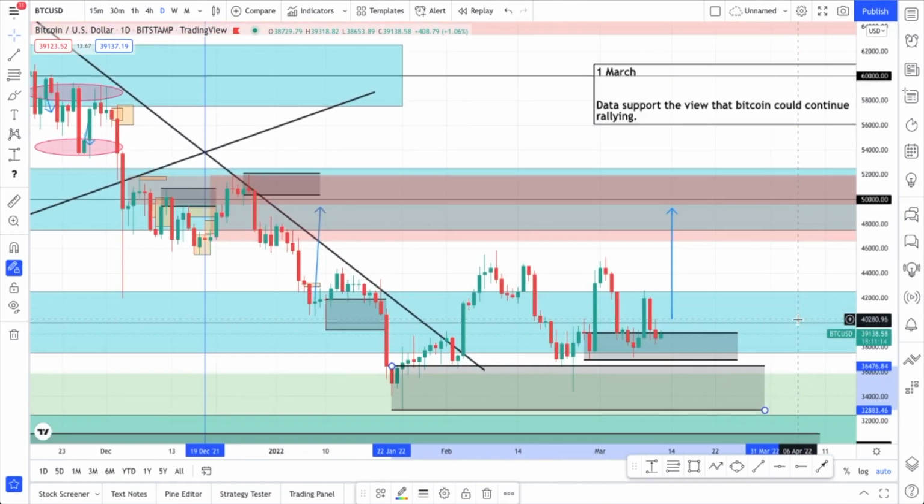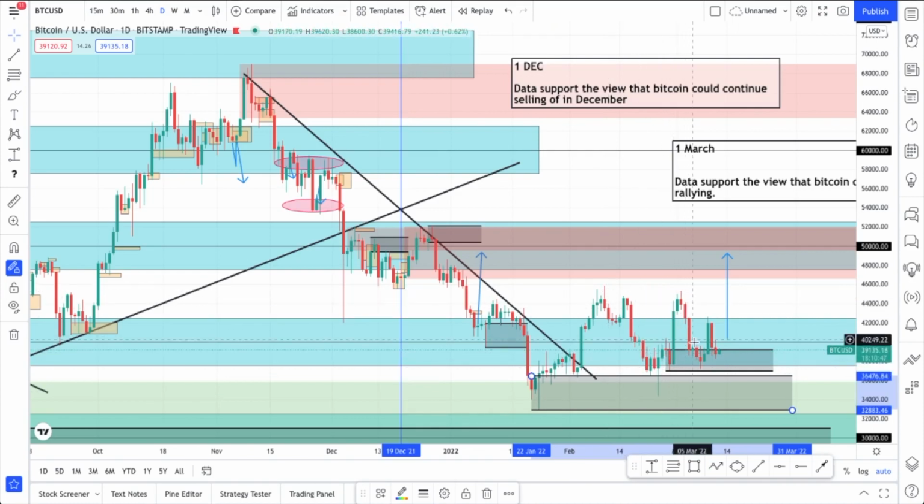However, from my end, I haven't been really looking for entries on Bitcoin due to the fact that although the data is in support of a rally, it is not in the area which I would say I would be looking to buy. So right now, this could still be a pullback of a major move down to the downside. So this could be temporary, or I could be wrong, and it could be the start of a move to the upside. So until I see the type of data I'm looking for in order to look for an entry, it will be then where I enter long.